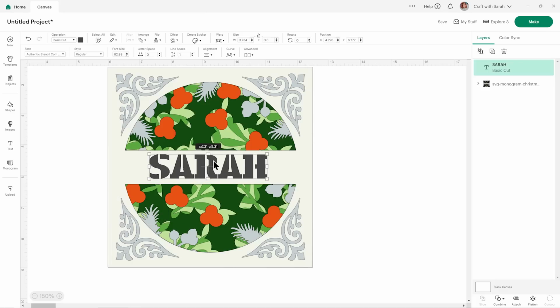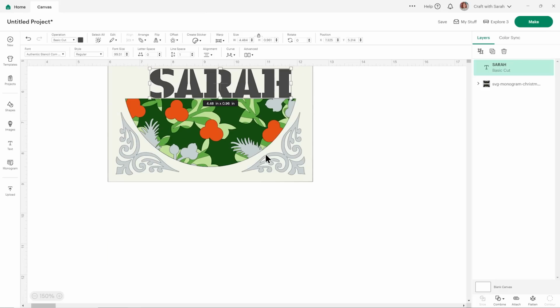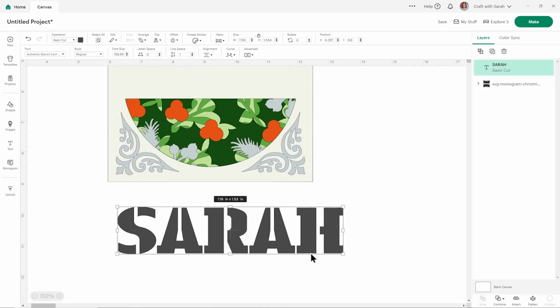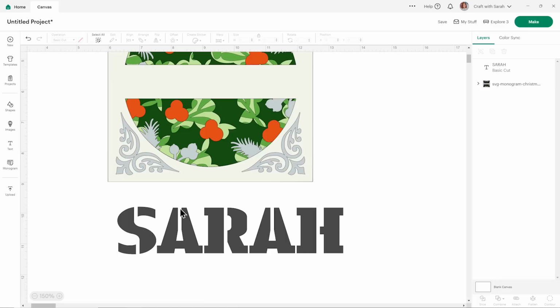Let's select that one. So you can see, if I move it all the way down here, this is going to cut with little slithers in these letters, which, I mean, it wasn't necessarily needed on the S or the H, but for the rest of the letters, it means you're not going to lose the middle bits in these letters because it will still be joined onto this horizontal stripe. That's the reason for choosing a stencil font in this instance.